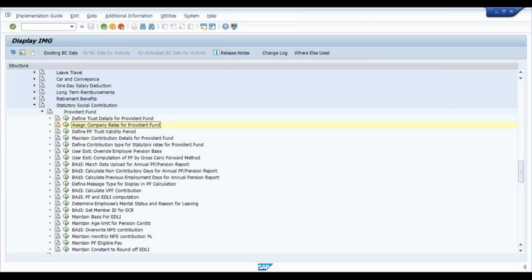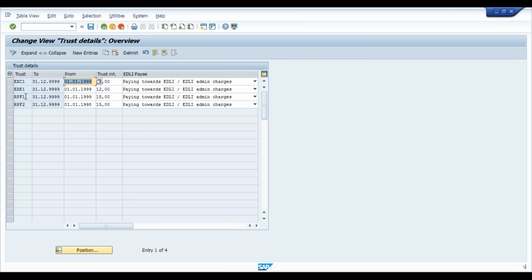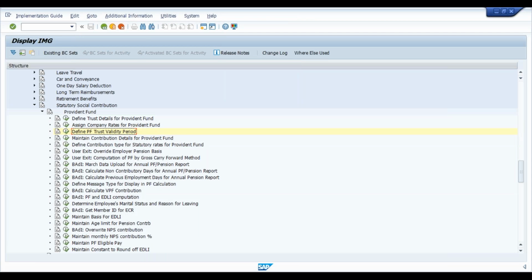and the next configuration, that is define PF trust validity period. So similarly, you can maintain a trust validity period, that is from date to date. What will be the contribution, and payment towards EDLI admin charges. You have to select this payment EDLI admin charges from this drop down option. This is the way. And next configuration, define contribution type for